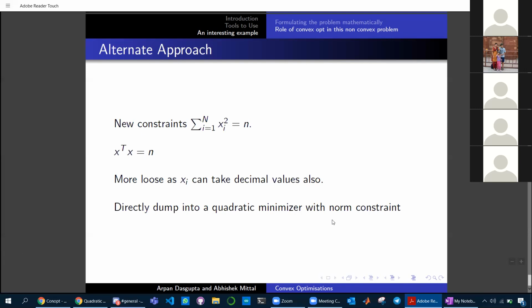Now, what I thought was that if we round off the optimal value that this quadratic minimizer with norm constraint gives us, this could actually be a better lower bound to our original problem. Also, if we have to find the optimal solution, we can just round off each of these xi components to their respective group numbers, and maybe that would give us an optimal solution. I'm not sure of it though. It was just a vague thought that came to my head. This is obviously open to discussion.